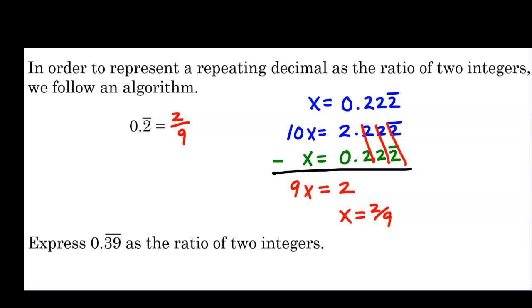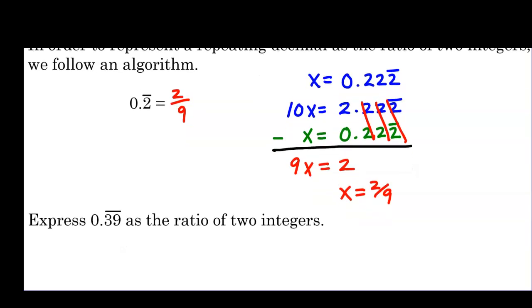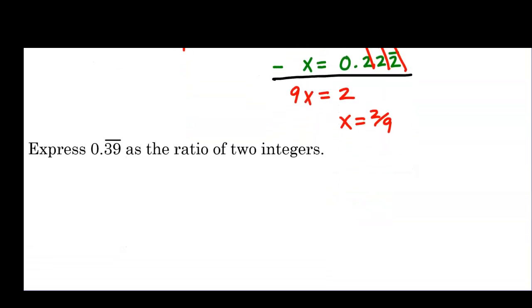What if we had more repeating decimals? So in this case, 0.39 repeating. Very similar. So we're going to start by saying x = 0.3939 repeating. If we try to multiply by a factor of 10, like we did above, we're not going to move the decimal enough units. Remember, we want everything on the right side of the decimal to line up so that when we subtract, they simplify or cancel. So here we need to multiply by a factor of 100. So 100x equals